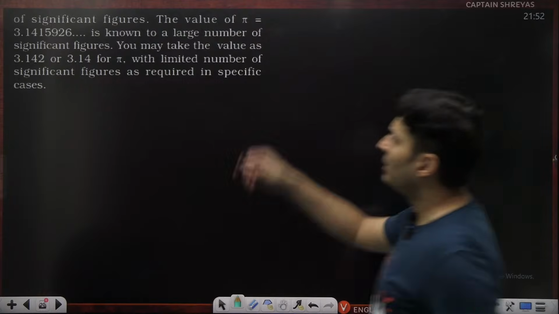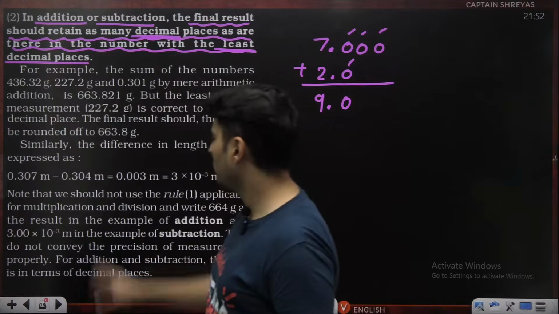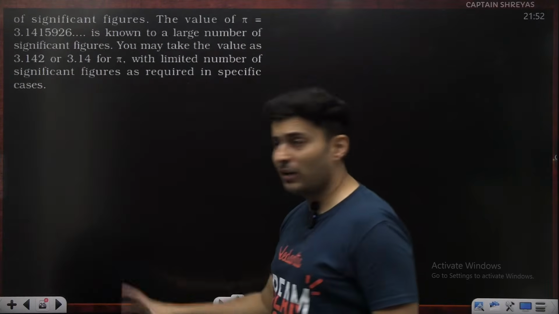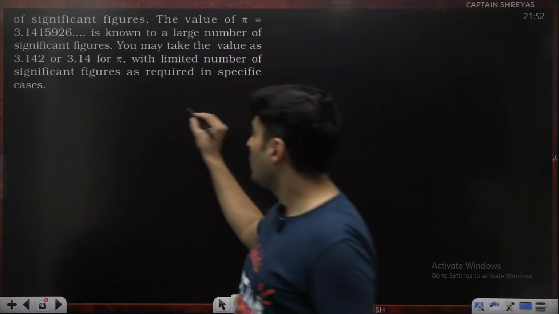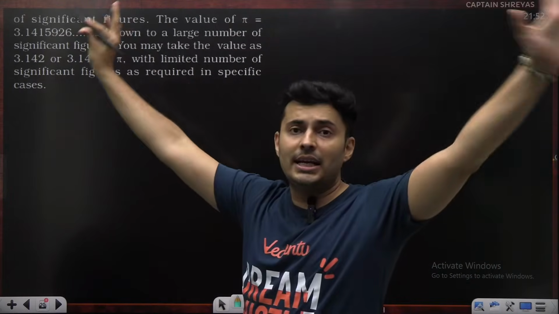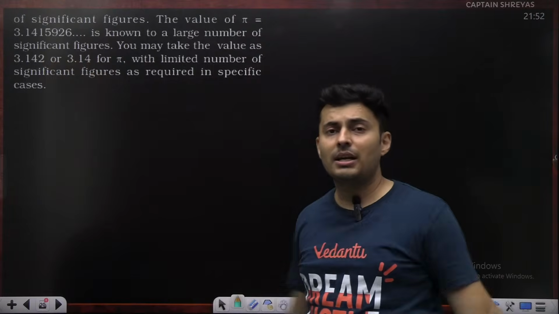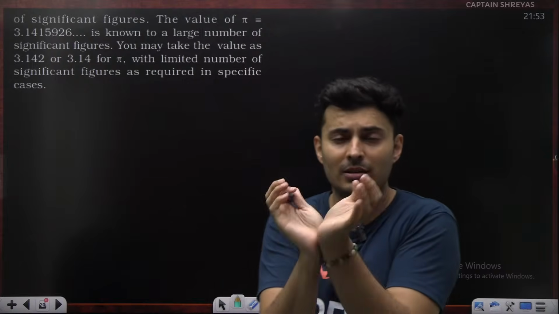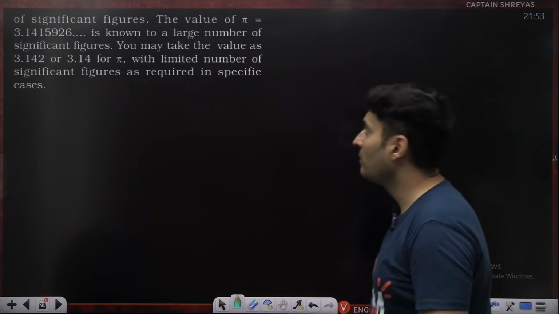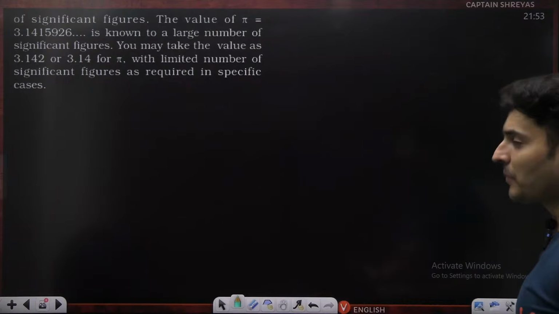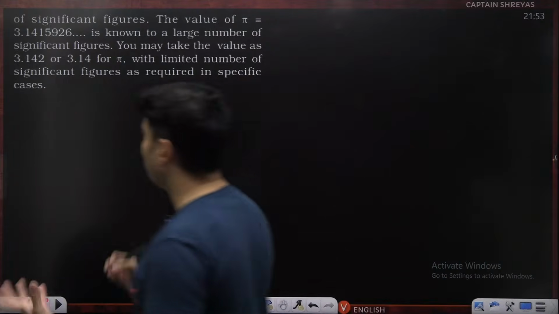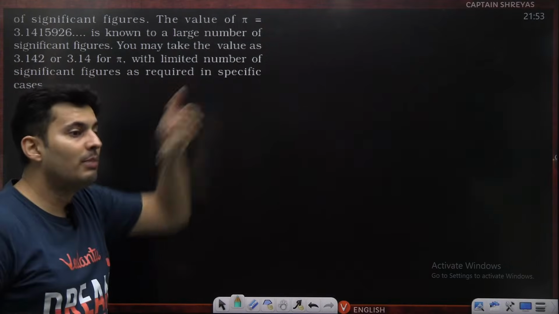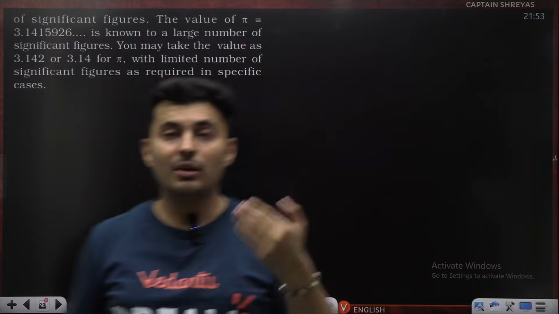Now, I think this part I have already mentioned right over here also, like speed of light and everything, and even that part where we talked about constants. Remember, constants have an infinite number of significant figures, right? So you can choose as many significant figures as you want, which you feel is appropriate for your calculation. But generally, when you have to round it off to some particular thing, you take one extra digit before rounding it off.